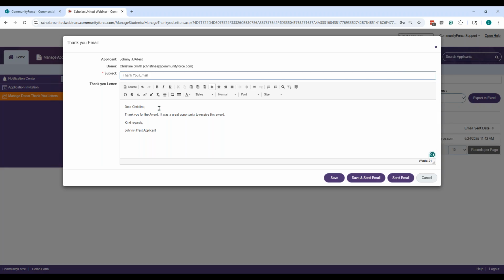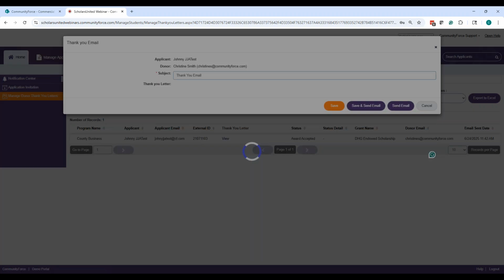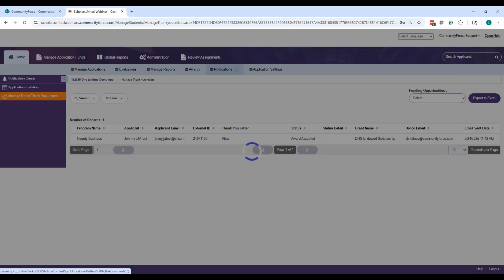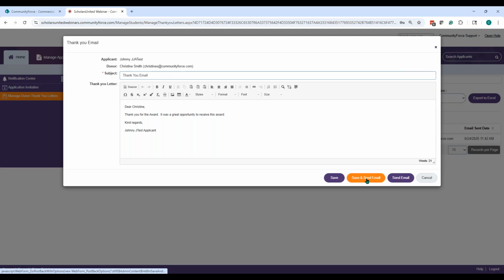In that thank you letter, one thing I do recommend, in the question that you're giving to the applicant, is to give them the formatting. How do you want them to format it? Maybe you want them to put the specific donor's name in that little paragraph. When you're creating the question text, give them information on how you want this to be outlined. Maybe give them specific terms that you want them to say, specific ways to address it, that sort of thing. And then you can save it, or when you're viewing it, you can save and send.